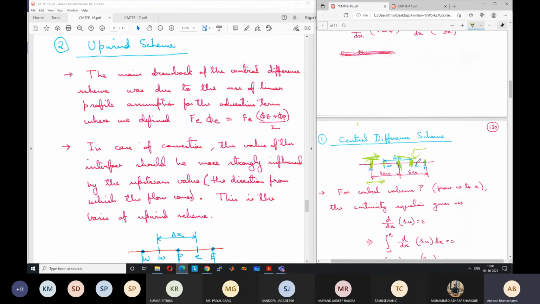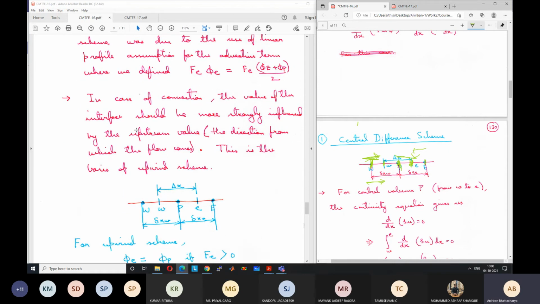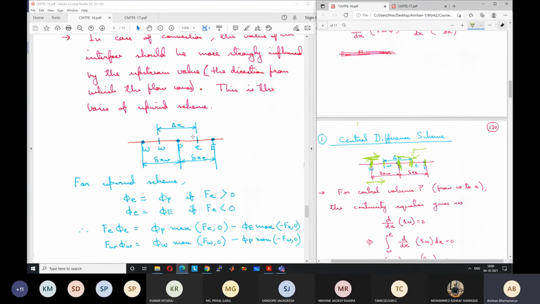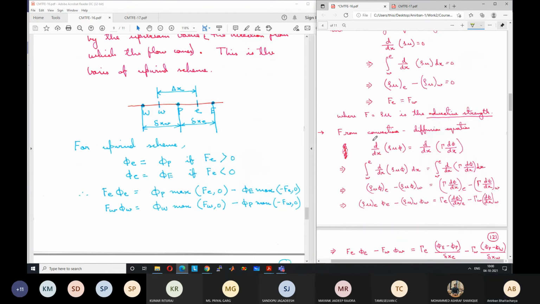Okay, phi e as phi p plus phi e by 2. Now we'll not do that. In case of convection, the value of the interface should be more strongly influenced by the upstream value, which is the direction from which the flow is coming. So this is the basis of the upwind scheme, as I've already described. Okay. So with this now,